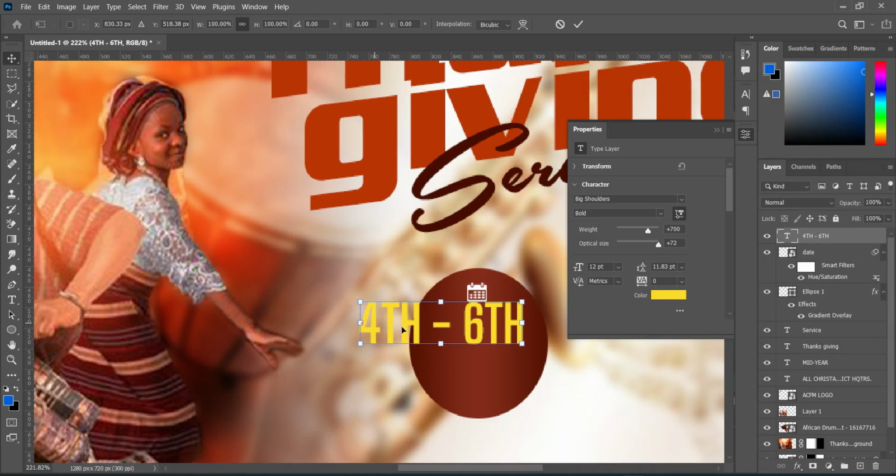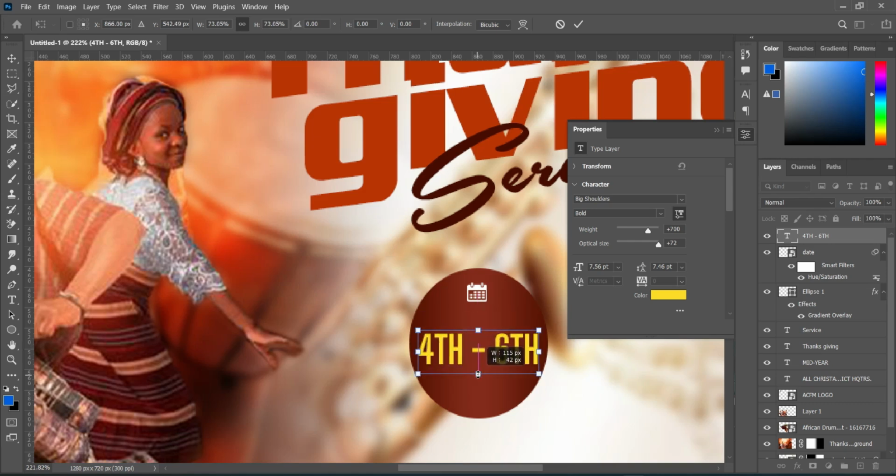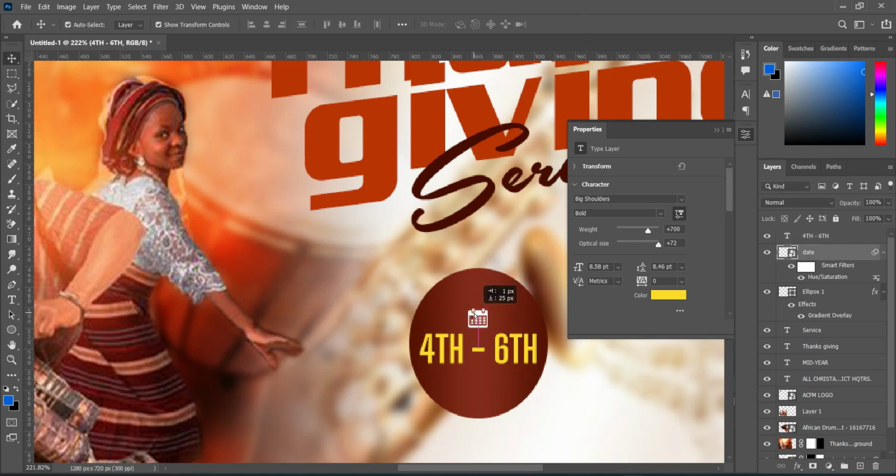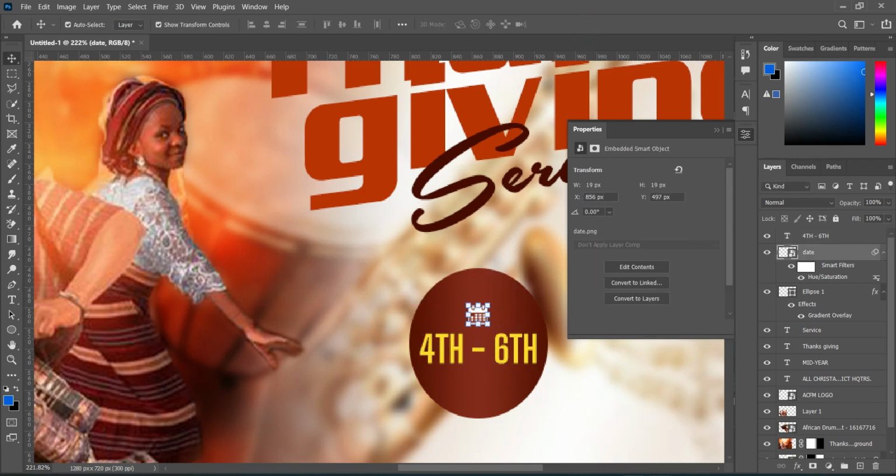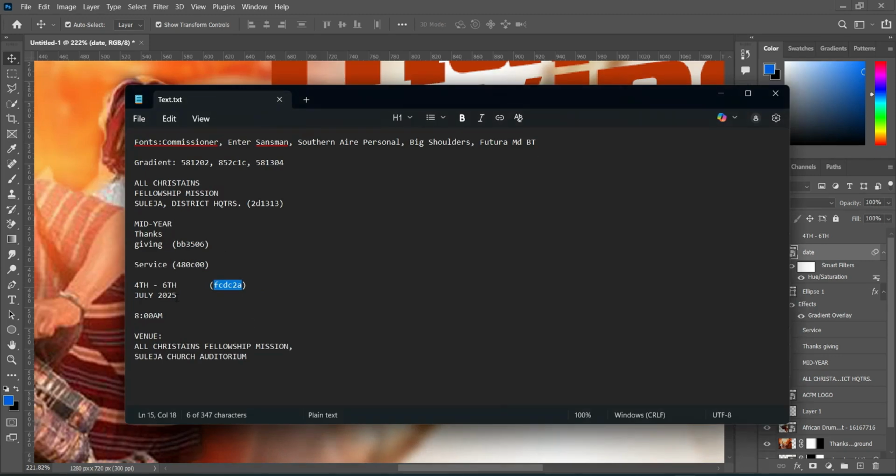Then we are going to reduce the size, then bring it down somewhere around here. Then you can now increase it, also bring this one down around here. And the last one, we are going to make a copy of this one,